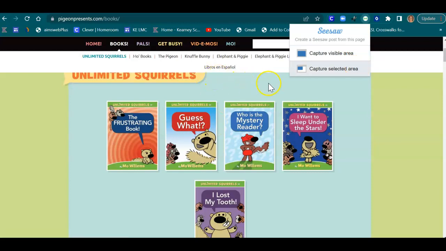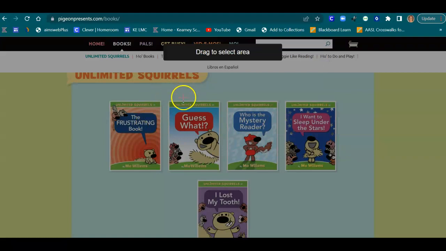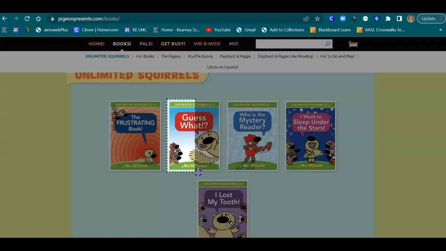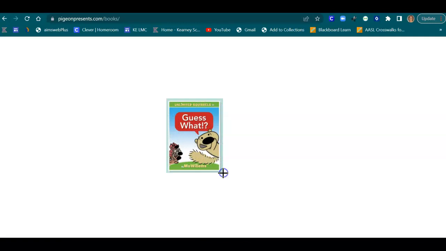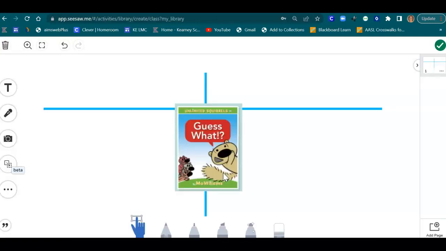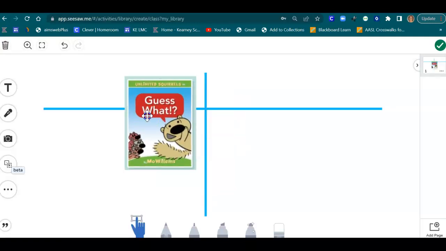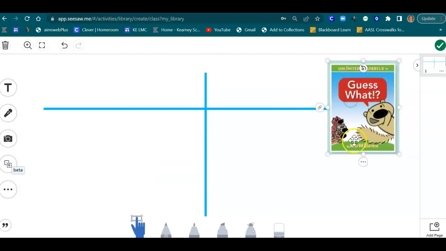So actually, I did this all the time with Epic, now that I'm thinking, because I'd say, okay, I want the selected area, and I would drag and select exactly the book in Epic that I wanted to send them to, and it put it straight into Seesaw. And what is this? It's a link that sends them straight there.